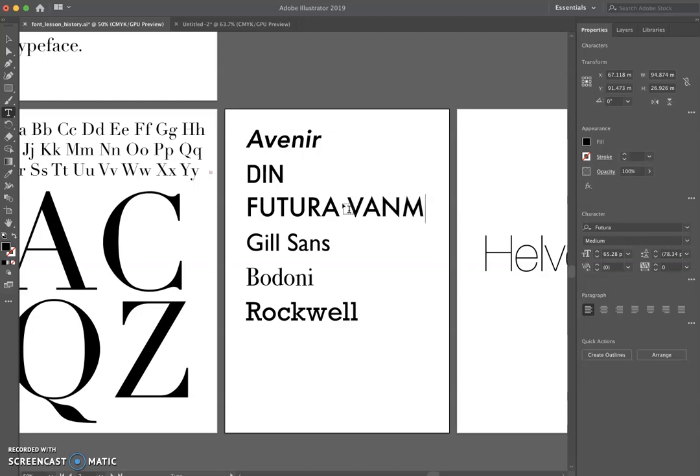All of them have these pointy triangular shapes, or the O and the C, even the D. These are very round, very geometrical, okay? Compared to, if I take a look here at Gilson's, this is actually called a humanist, and this is similar in some ways, but you'll see, again,